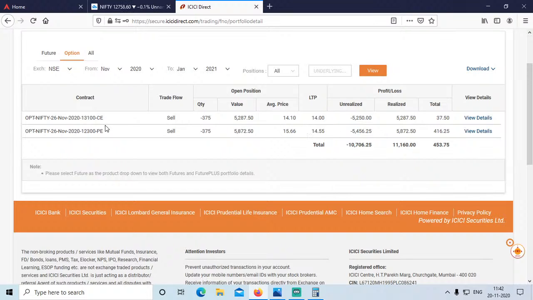Why I am taking 10 rupees is that the stretch is very lengthy. From 12,300 to 13,100, almost an 800 point stretch is there. So the market has to be very volatile, 800 points here and there, and that too on Friday. It is a very rare condition. If you check the past 1 year history of intraday movement of 800 points, at maximum you will get some 2 days or 5 days. We are not worried about gap up movements, because after a gap up we are going to start only